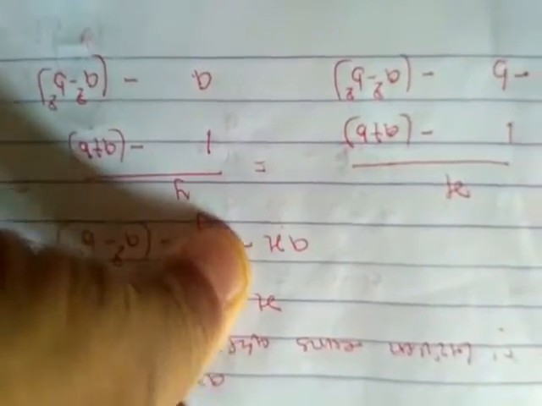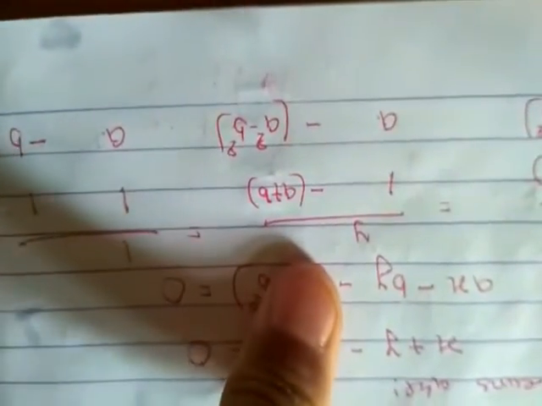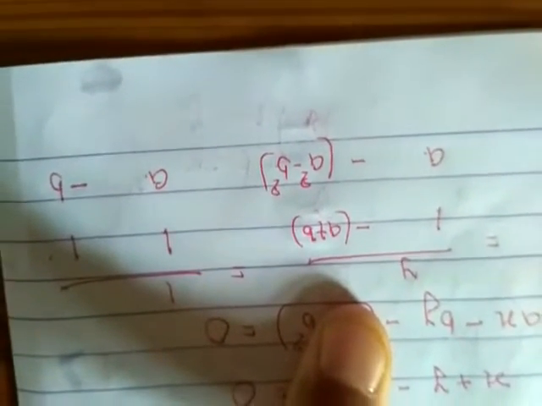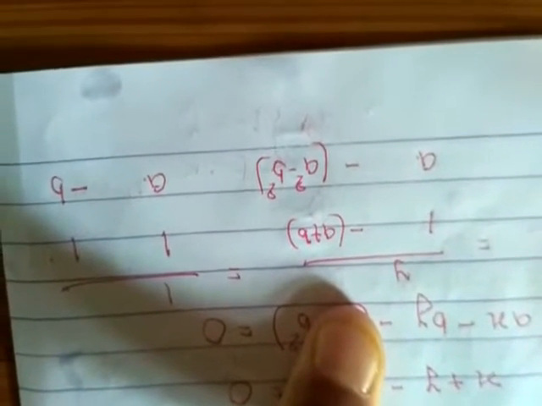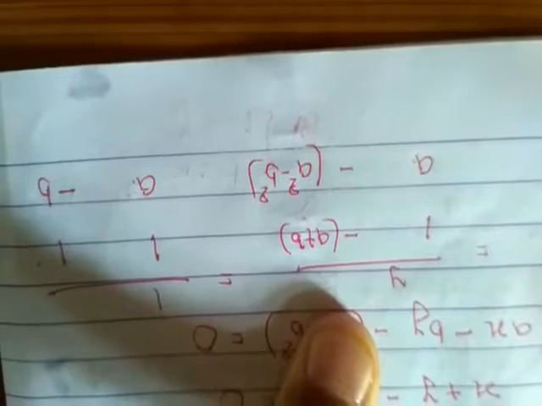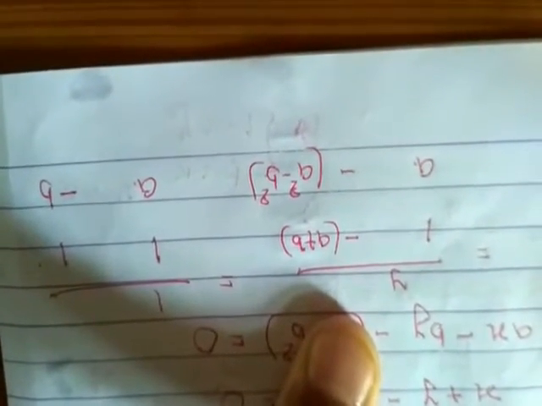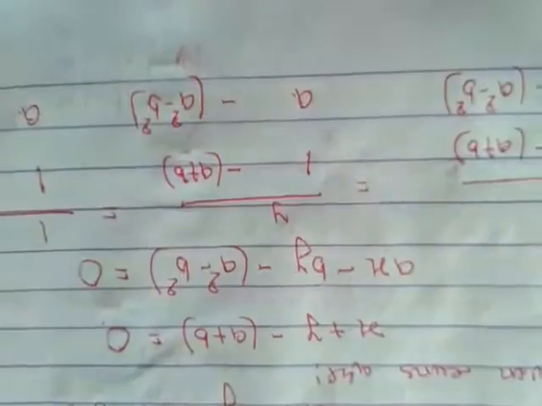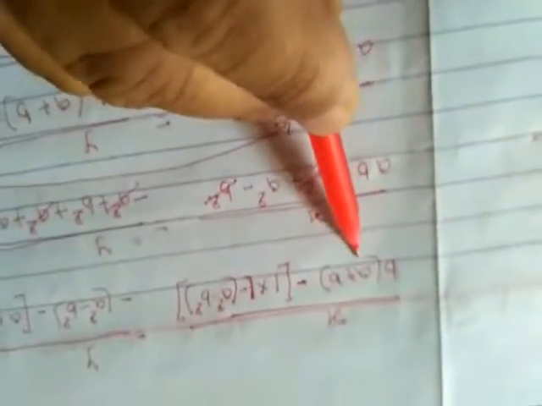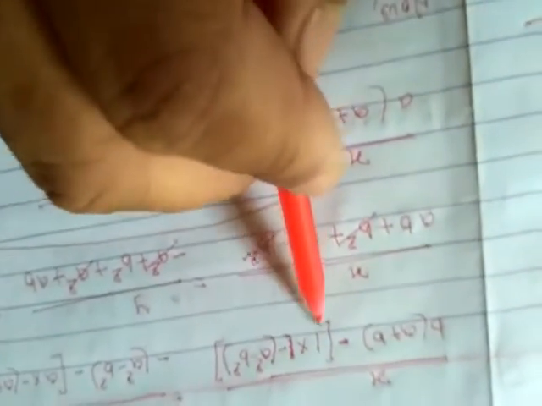For writing the constant terms, hide the constant terms. The coefficient of x from equation 1 is 1 and the coefficient of y is 1, and from equation 2, the coefficient of x is a and the coefficient of y is minus b. So we make this arrangement. Thereafter, we do the cross multiplication. From downward to upward, we have b into (a plus b) minus 1 into minus (a square minus b square).